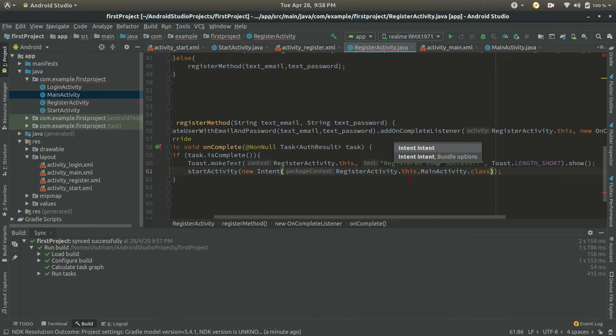Now this RegisterActivity dot this, MainActivity dot class, and after that finish the activity.